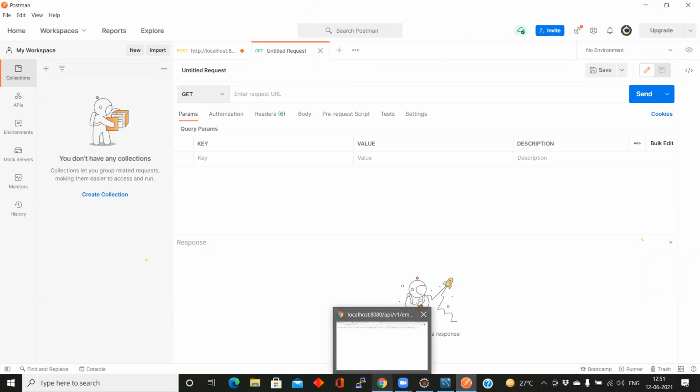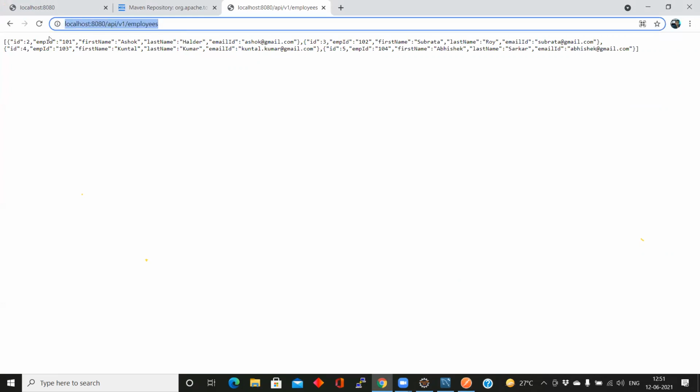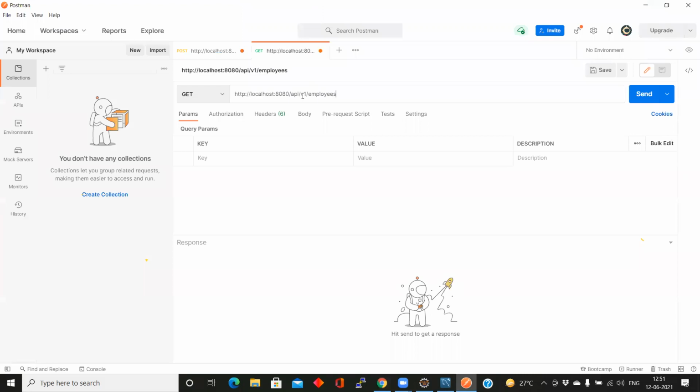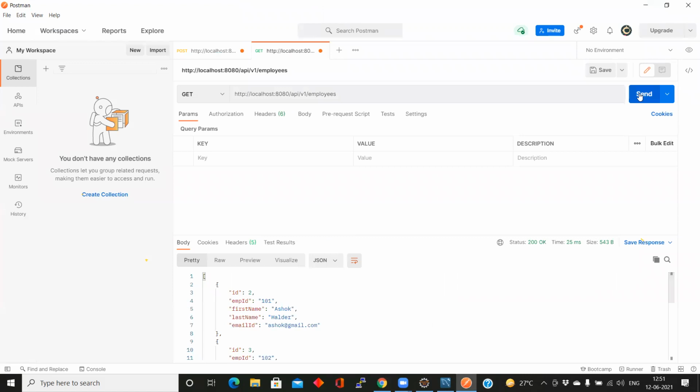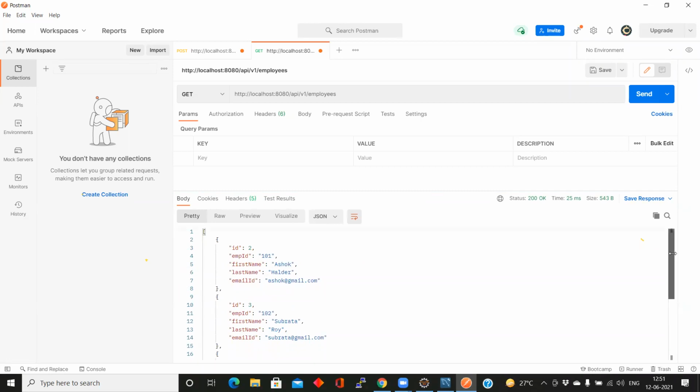You can write the same URL which you have written in the browser here and send. Just check. Data is coming here in the Postman tool.